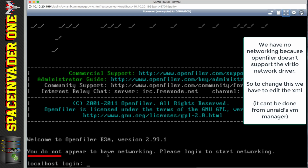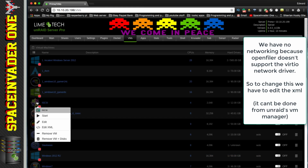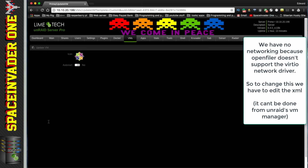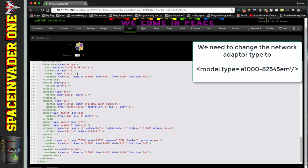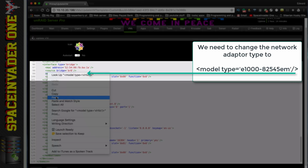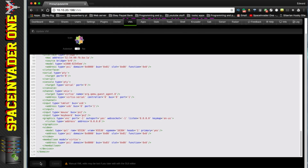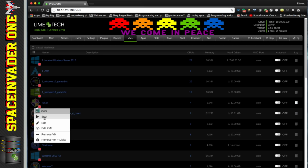And it will tell us we don't have networking, and that's because Openfiler doesn't support the VirtIO network driver. So we're going to have to edit the XML of the VM and then find the network type and change this VirtIO here to the model type of the E1000. And then just press update and then we can start up the VM again,